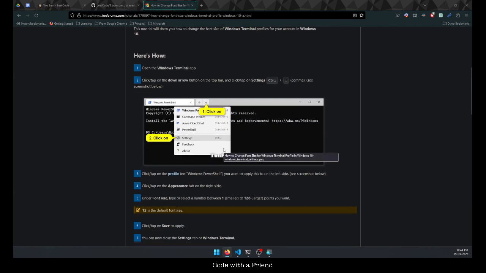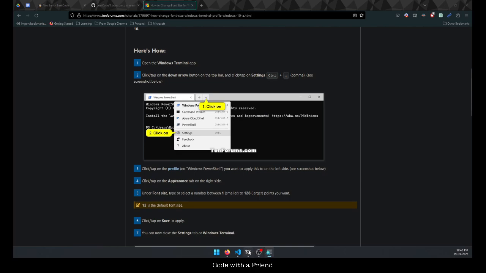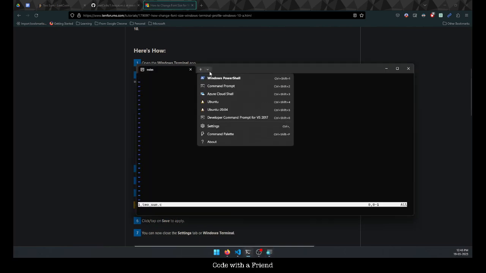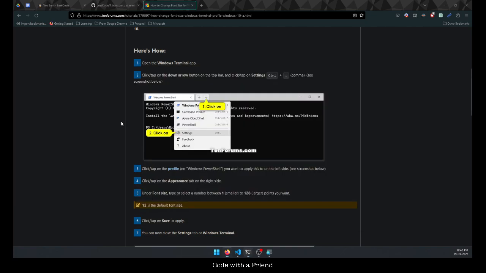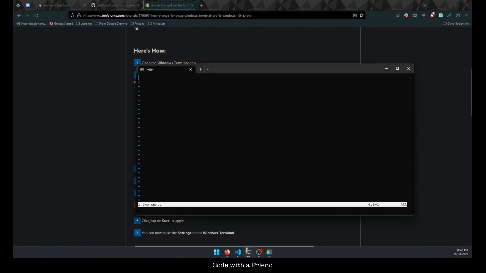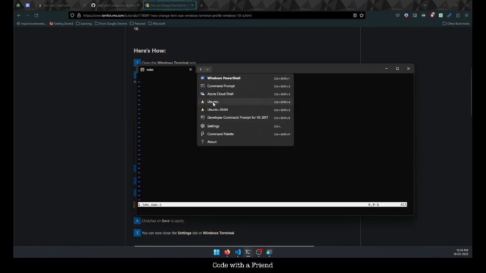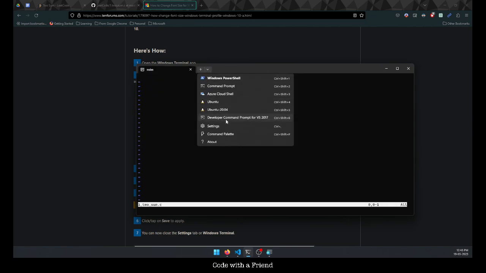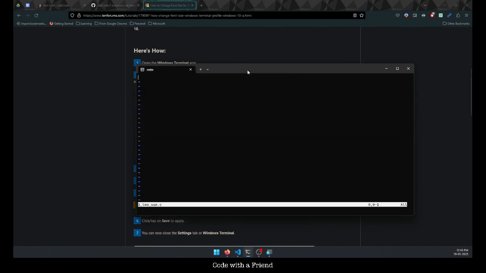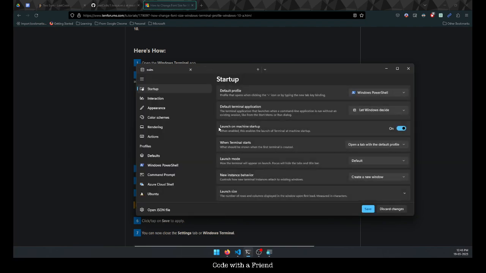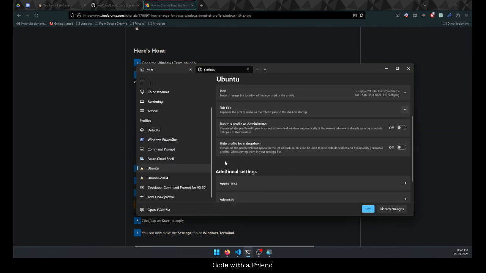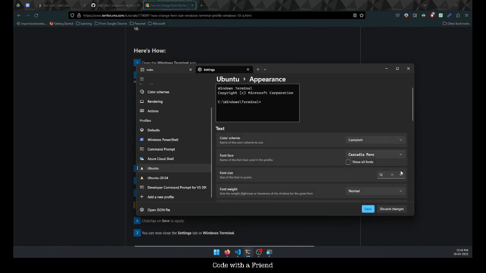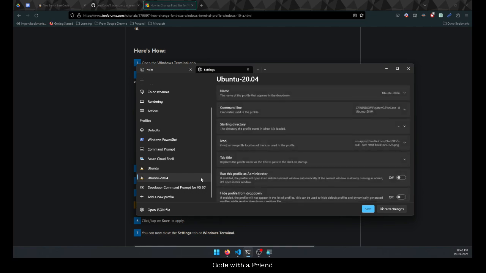Terminal app. Okay. Click on that. Oh, interesting. And what? Oh, settings. Okay, I think I needed to go to the profile. Settings. Actually, I'm on Ubuntu. Ubuntu appearance. Ah, finally. Ubuntu